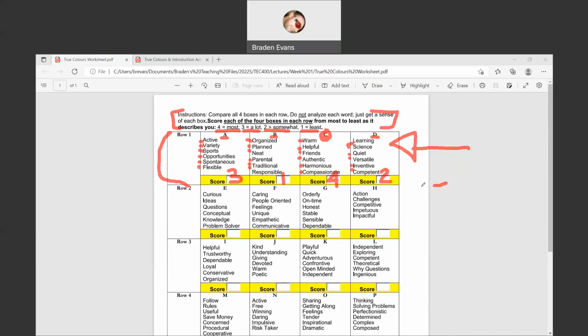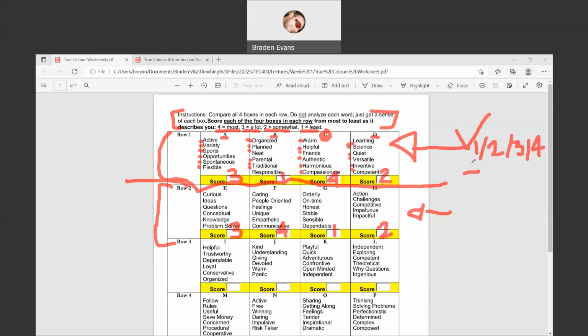Once you have completed row 1, you move on to row 2. Same thing. I look at it 1 row at a time, and I may say, okay, let's see. I think this one is a 4. This one's also like me, that's a 3. This one's kind of like me a little bit, that's a 2. This one's not really like me, that's a 1. Each row will have a 1, a 2, a 3, and a 4 in it, right? That's what I want to see.